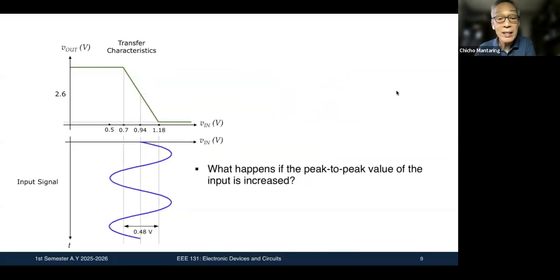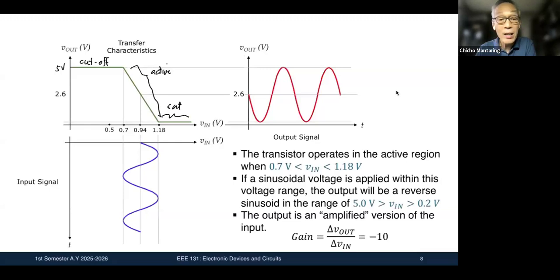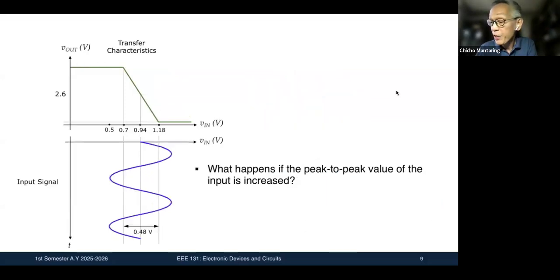Okay, what happens if the peak-to-peak value of my input is increased? Remember here, my input is 0.48 volts peak-to-peak. What if I make it larger than that? Take a look at this input. It is greater than 0.48 volts peak-to-peak. What happens is, at this point, I already hit saturation. So from this point onward,